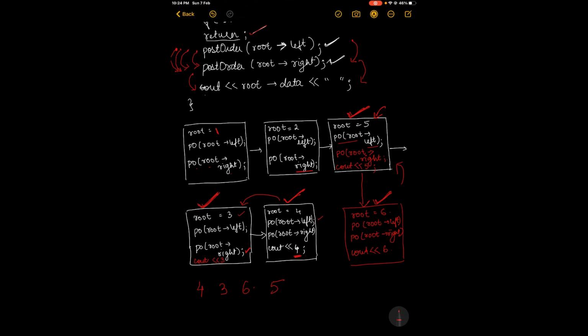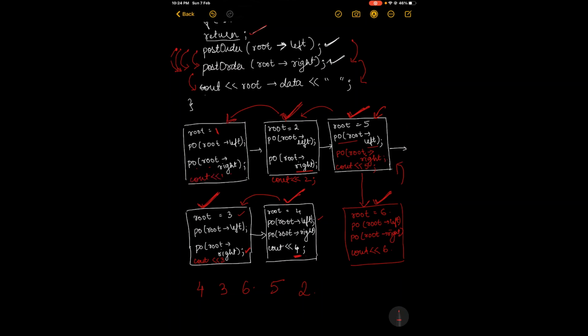Now you can say that this block is fully executed. Now going back to the previous block, these two functions are done. So cout 2. So after 5, 2 will be printed.